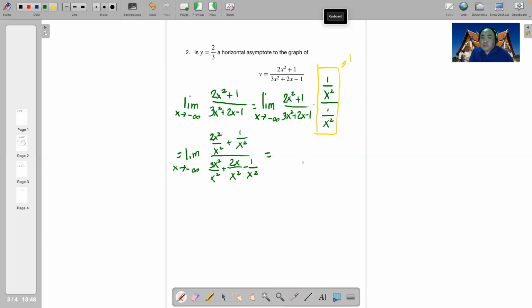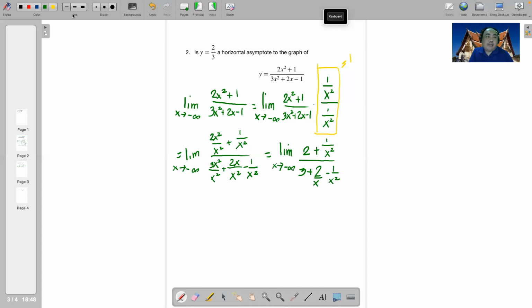This is equal to the limit of 2 plus 1 over x squared divided by 3 plus 2 over x minus 1 over x squared as x approaches